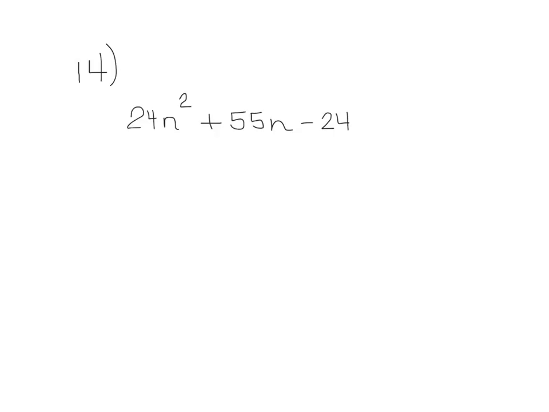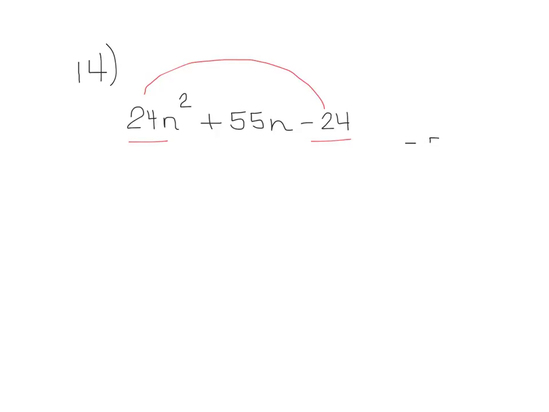Obviously, it does not begin nor does it end with a perfect square. Therefore, this is a tricky one. We need to factor using our unfoiling method. So what we have to do is take our leading term times our constant, and in this case we get negative